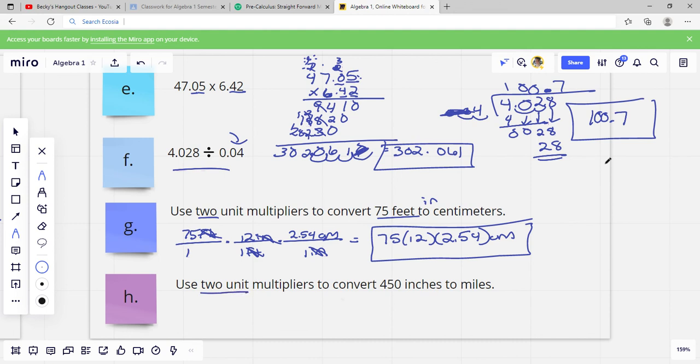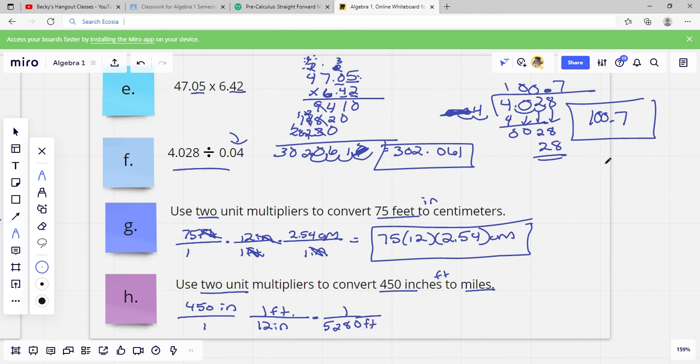This one used 2 unit multipliers to convert 450 inches to miles. So first I'm going to write 450 inches over 1. And I know I can go from inches to feet, and then I can go from feet to miles. So there are 12 inches in 1 foot. I'm going to do 12 inches in 1 foot. Okay. And then there are 5,280 feet in 1 mile. So 5,280 feet